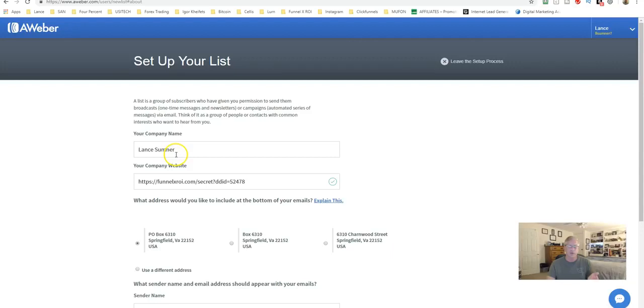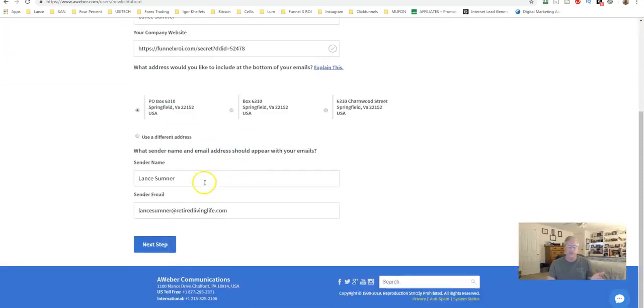You put company name or your name, whatever website that you want in your company website for you. It's whatever you want. You would put your address. You have to put an address in here because that's just required. It's one of those regulatory things. Sender name, you can put that in. Recommended when you're going to use sender name, try to get yourself a domain. I created this domain a long time ago, retiredlivinglife.com, and then of course create the email behind it because it works better for inboxing, things related to that, more professional when using Aweber.